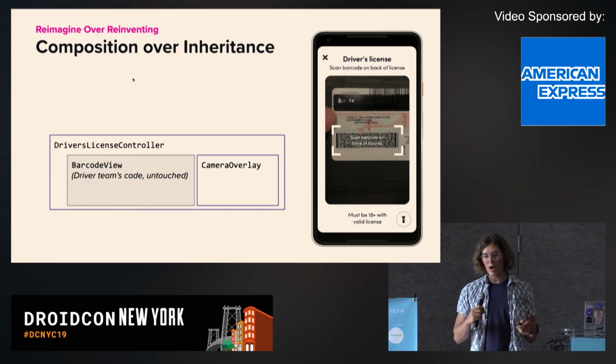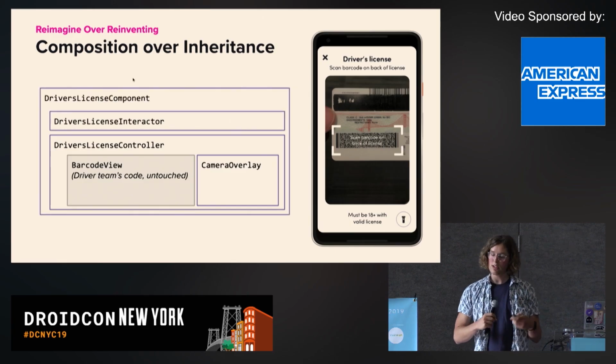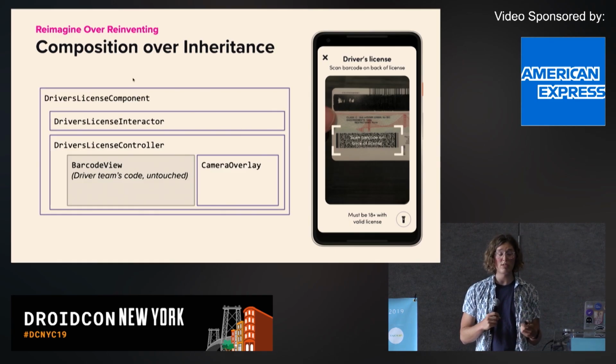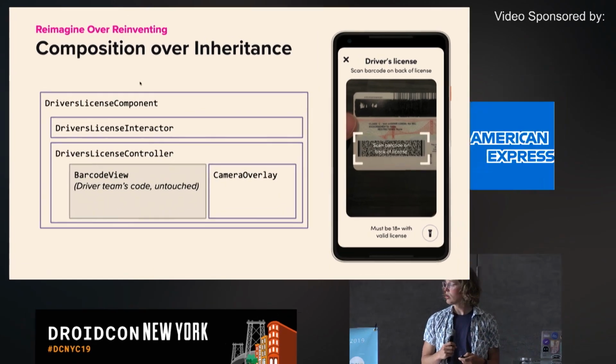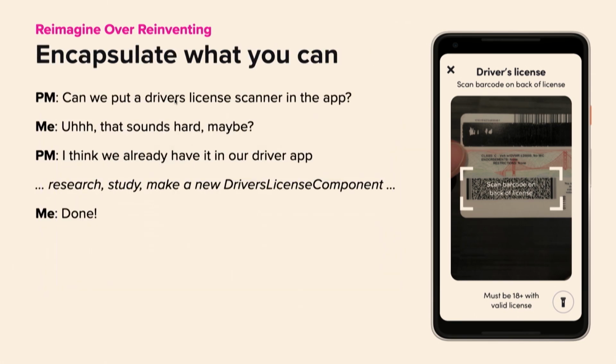And we wrote our own UI layer logic around it. And then we wrote our own business level logic around it, and we encapsulated that in our own component system. And we were able to use it in our feature completely without touching any of the logic inside the barcode view. So the driver team wasn't impacted at all. And I came back to the PM, and I'm like, cool, I did it. And they were really excited.